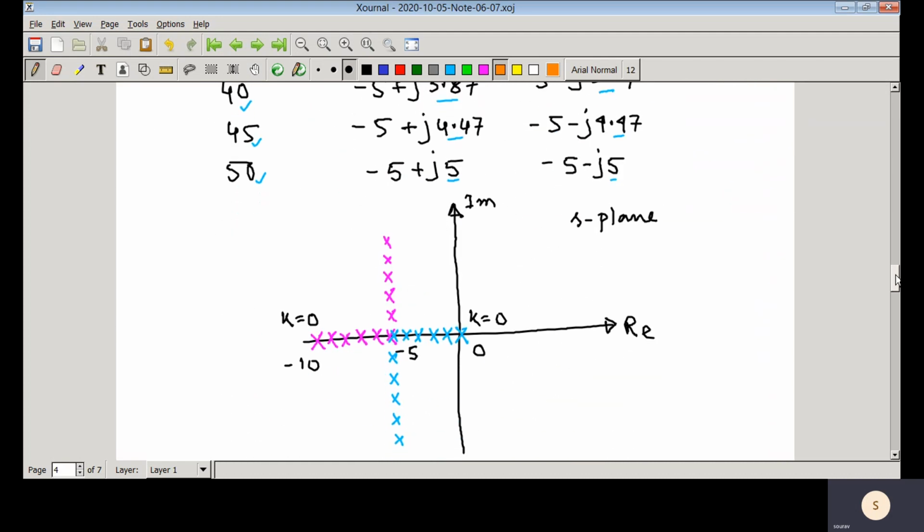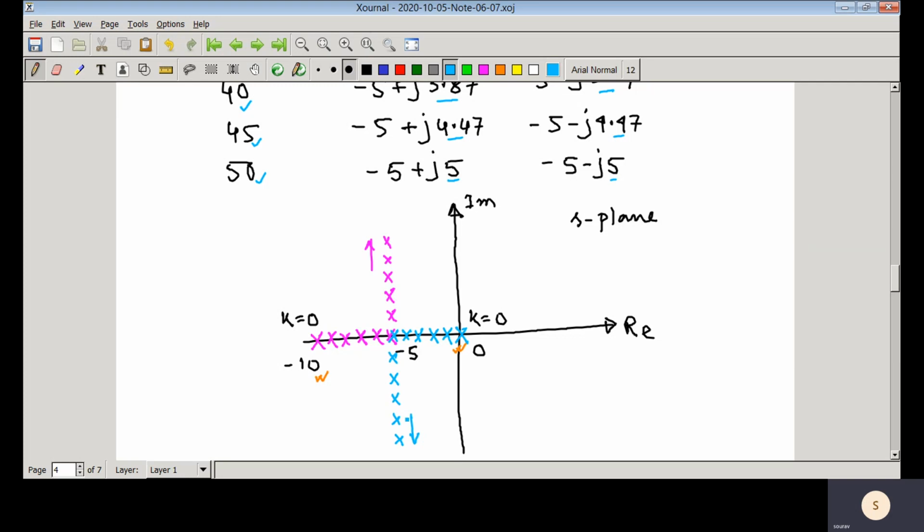So that means the root locus starts from the open loop poles, that is 0 and minus 10, and once you start varying k in the positive range, that is it starts from 0 and goes to infinity, we can see that the two poles are